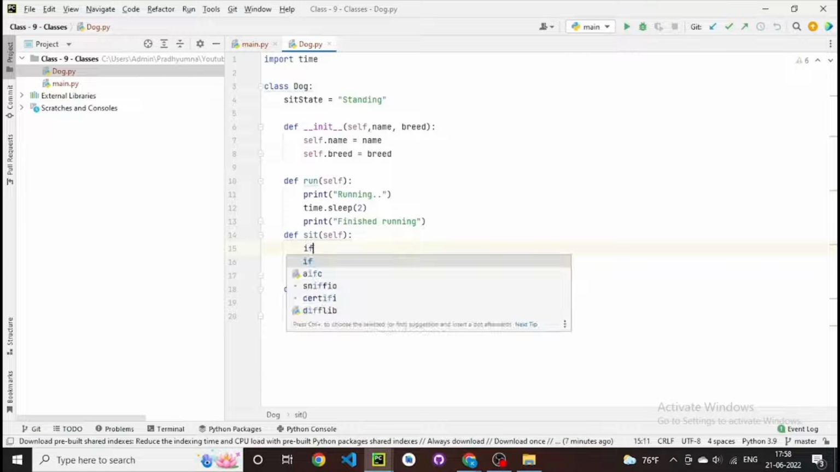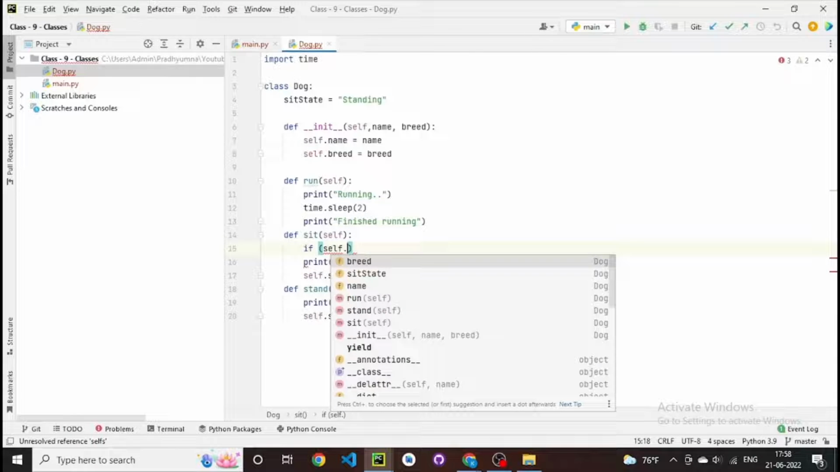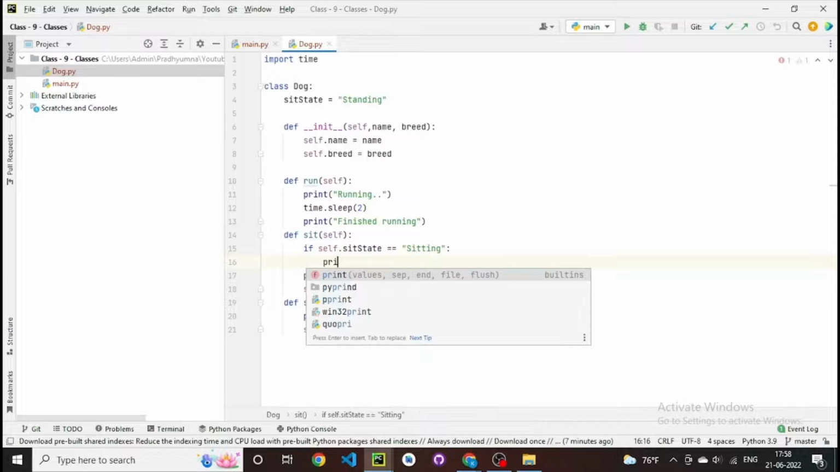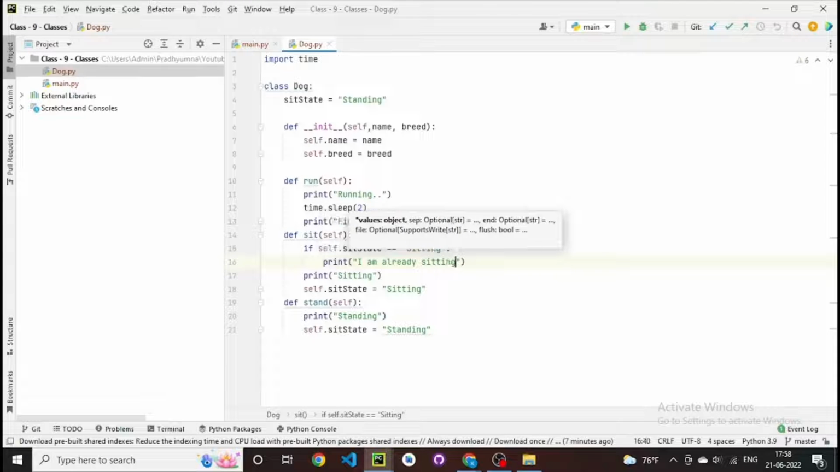So we are going to check if self.sit_state is equal to sitting. So if it's sitting already, what we do is print I am already sitting. So you say I'm already sitting,